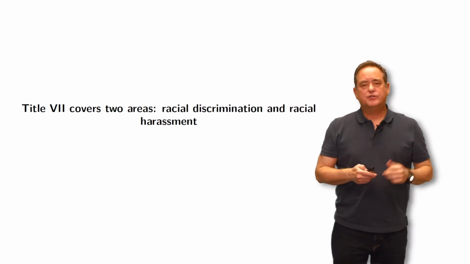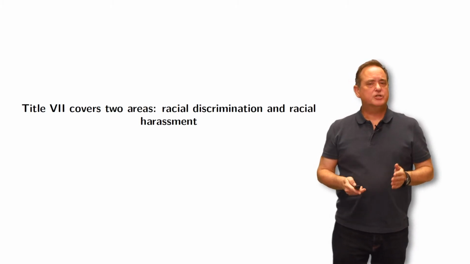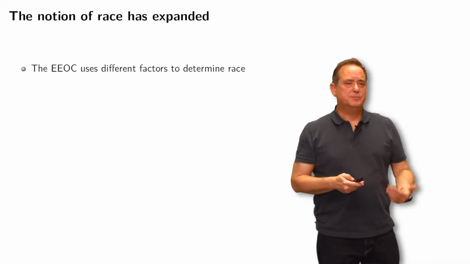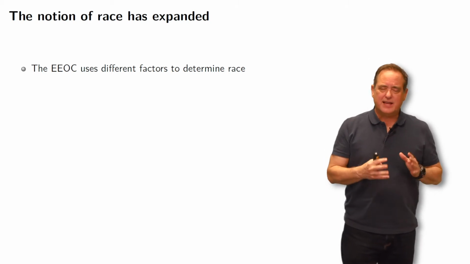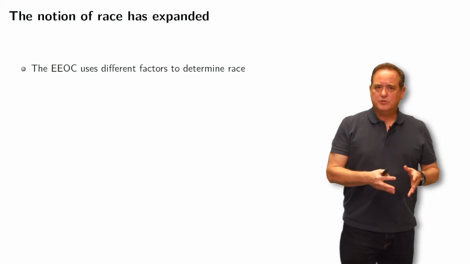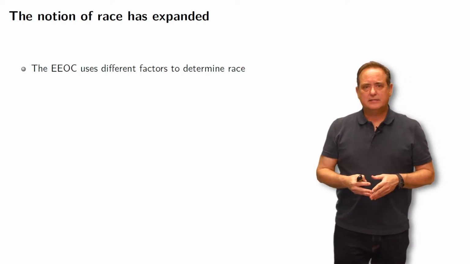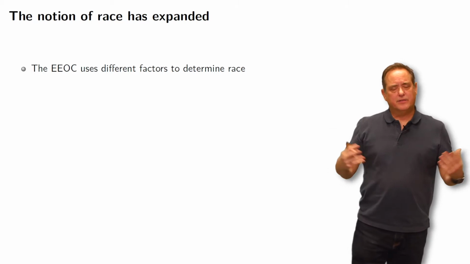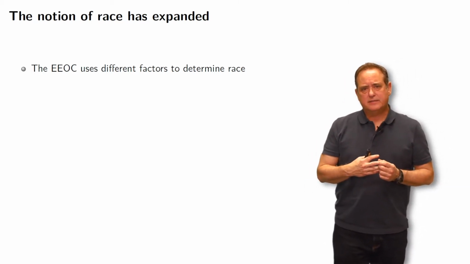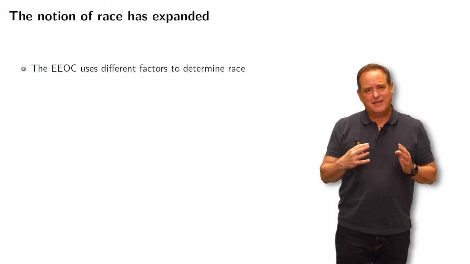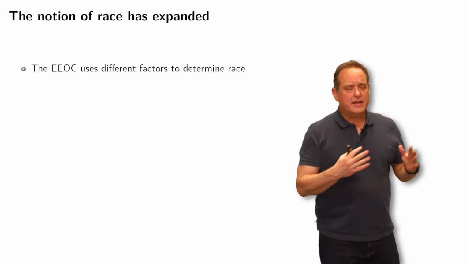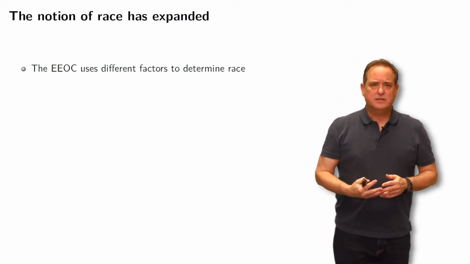Title VII covers two areas: racial discrimination and racial harassment. Now, the notion of race has expanded. I mentioned that the definition, the idea of race, has grown from what it was back in the 60s, which was essentially black and white, and we've expanded on the notion of race. That race has entered this era in which ethnicity and race have sort of merged, and so we no longer think of two or three races, but in fact